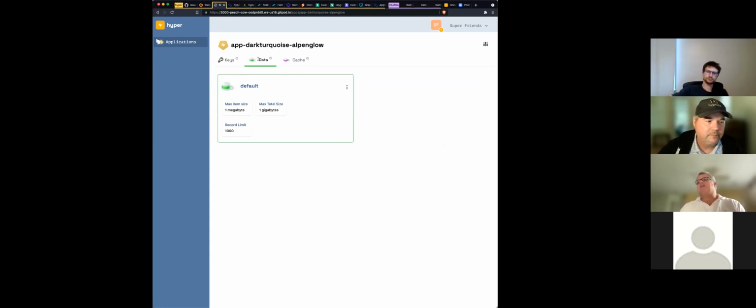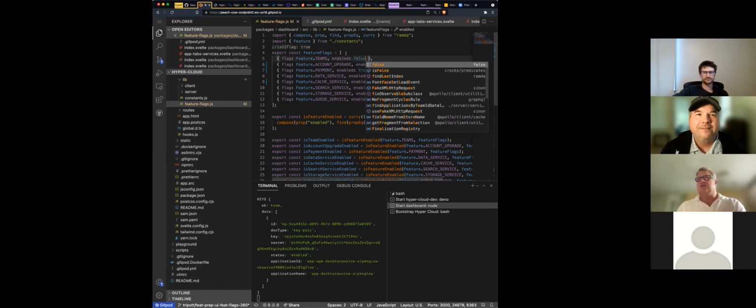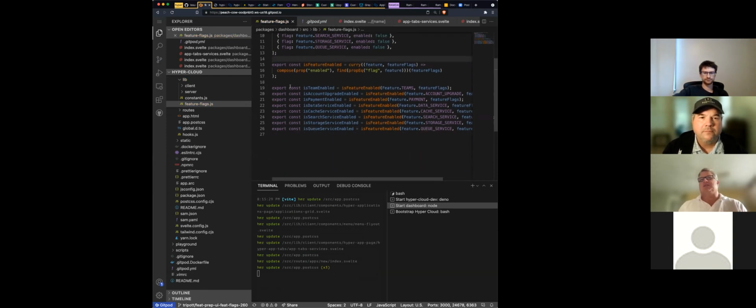Feature flags. Yay, feature flags. They were so nice to put in, really super easy to put in. Granted, we just have them hard coded in here now, but we can move this to whatever storage mechanism we want, and then we just expose